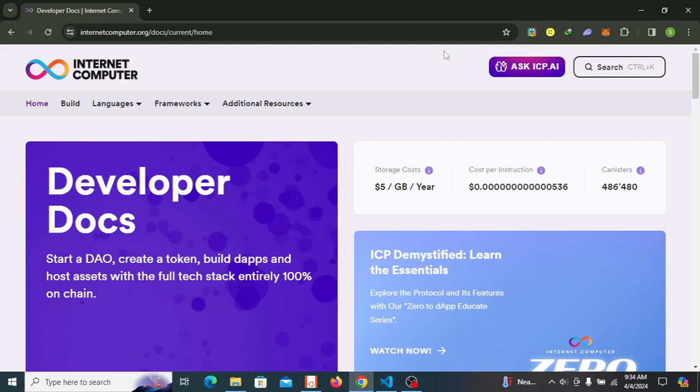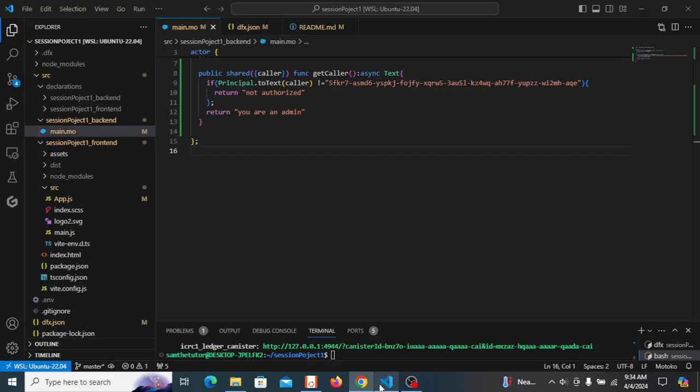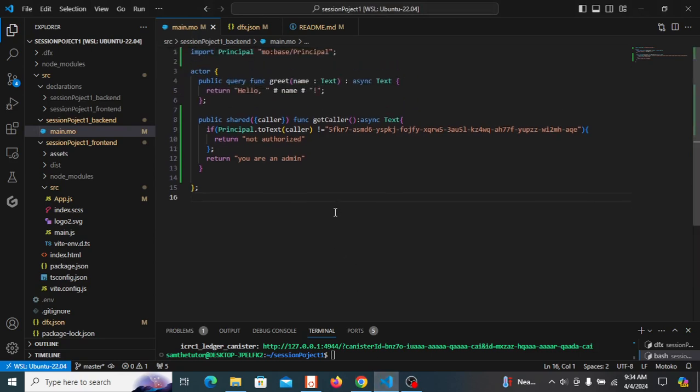So yesterday we had actually talked about creating a simple project, and if I open up my code editor, you see that this is the last portion of code that we had written. We were trying to experiment with access based on principal addresses, but it wasn't much code. And so today basically we're going to talk about tokens, everything you need to know about